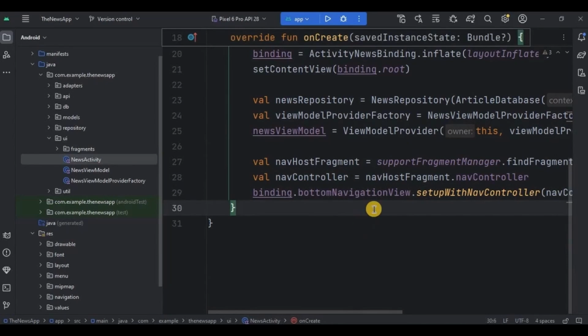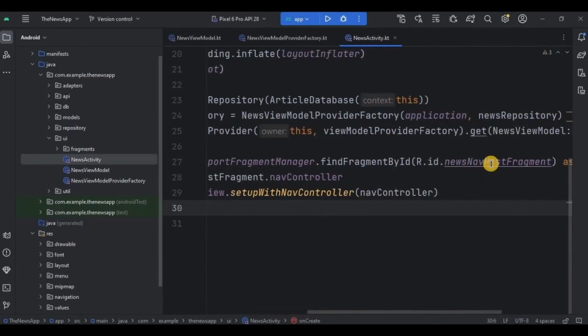And done. Now see, we are finding the nav host fragment using its ID, news nav host fragment, from the